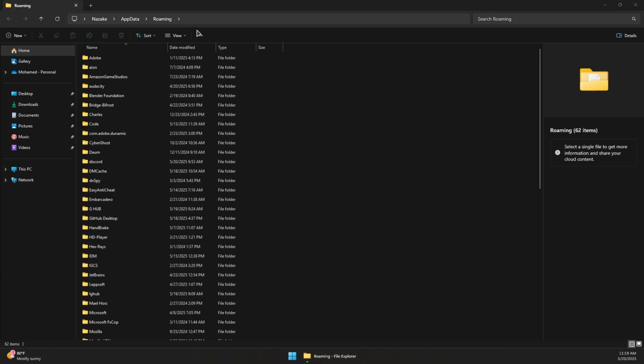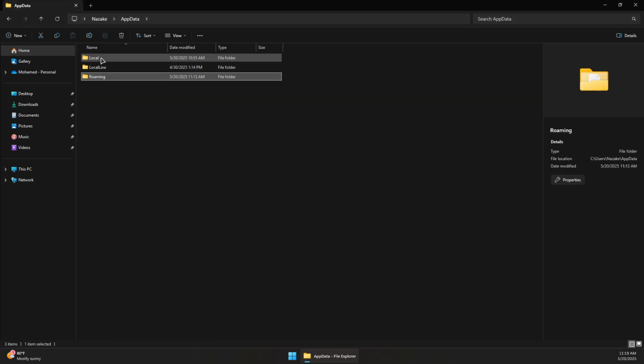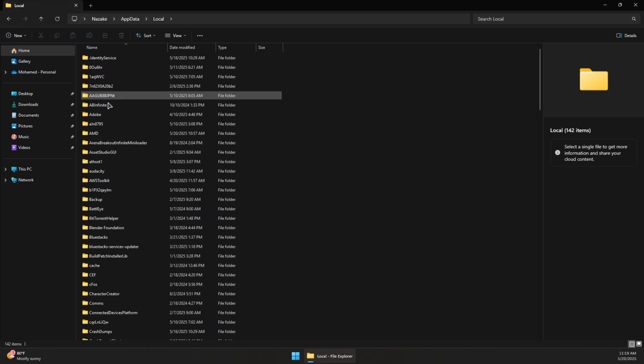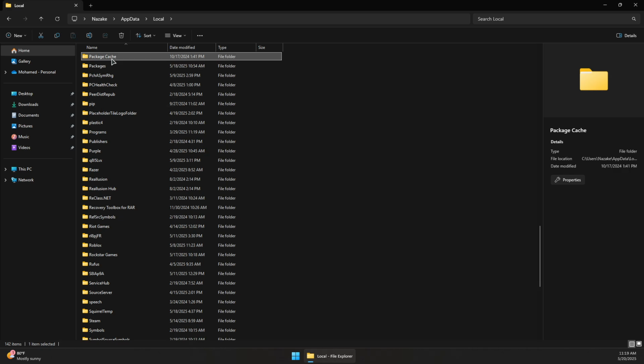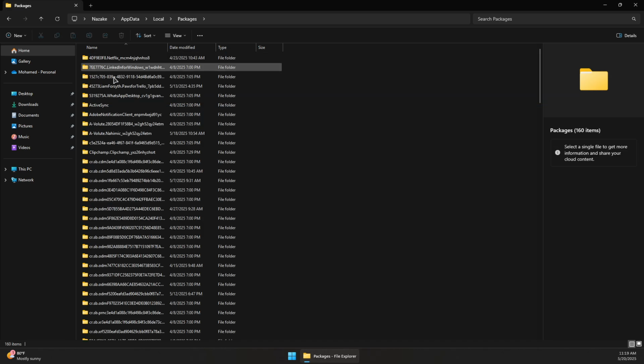the packages folder. We will need to go to the local folder, so click on the app data on the top here and then double click on local and search for the packages folder, which is this one. Double click on it, and in this folder we want to look for